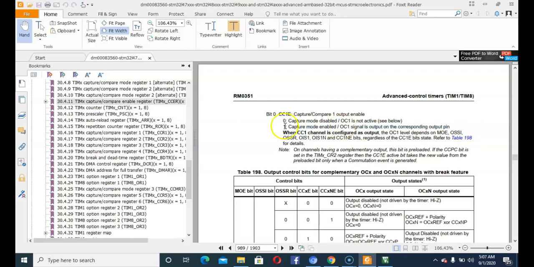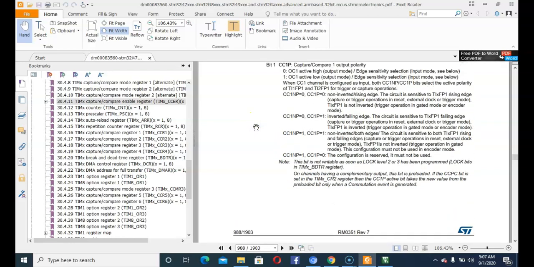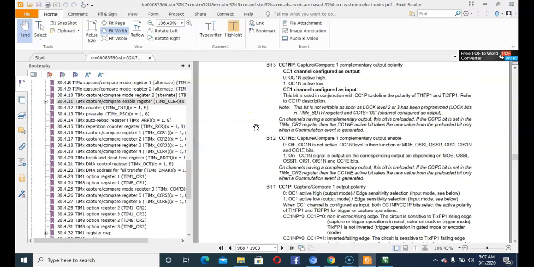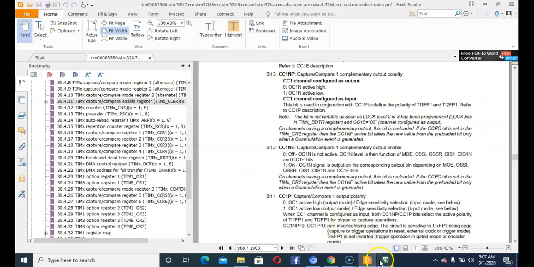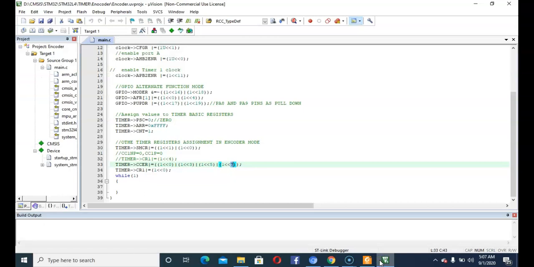So relevant to us is capture mode enabled. So according to this setting, capture mode is enabled. It means the pulse will be captured on that pin. And we are also setting the 3rd bit. Yes, that was the 3rd bit.